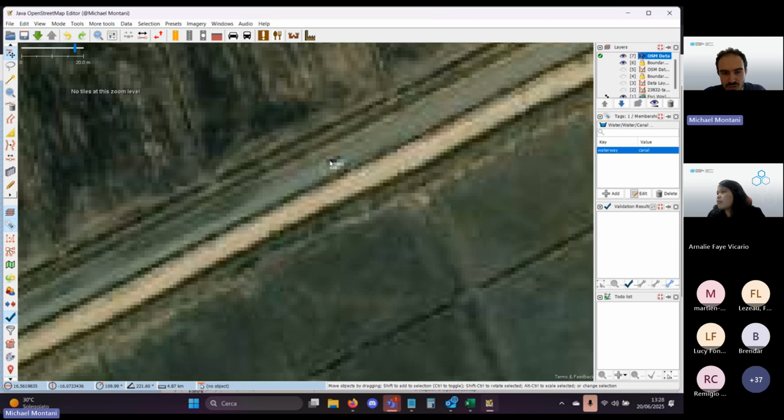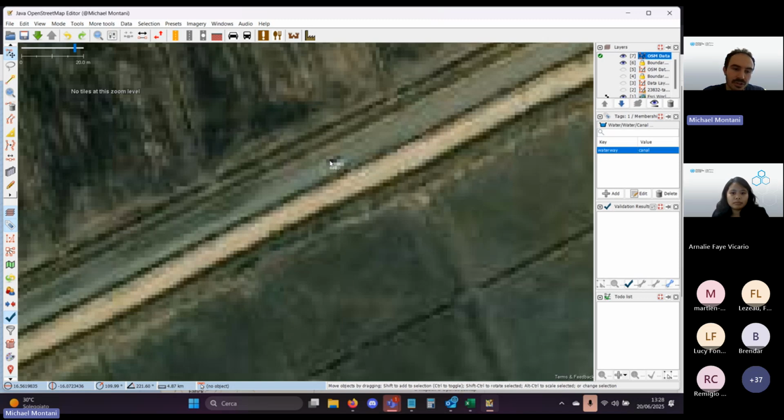So in this case, we should add, for example, a culvert here. We'll just split and add tunnel culvert and layer -1, especially if we have a road that is passing there. And I wouldn't say this task is finished because there is still this canal to be mapped.